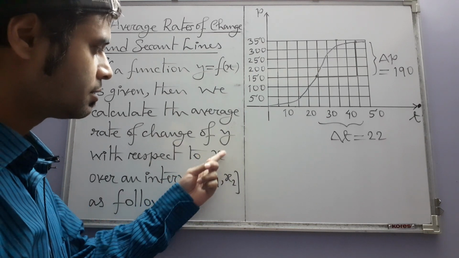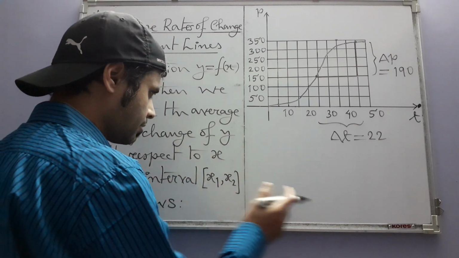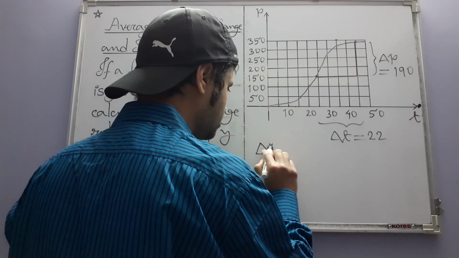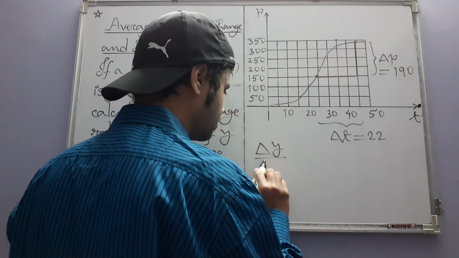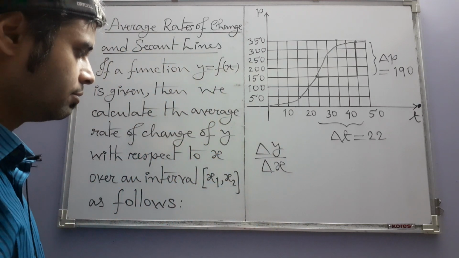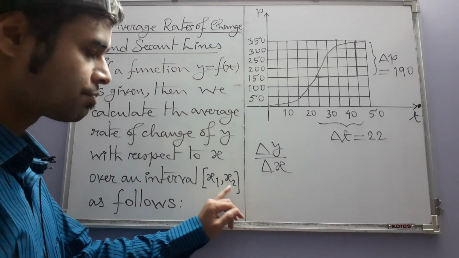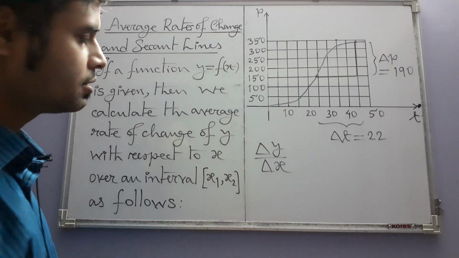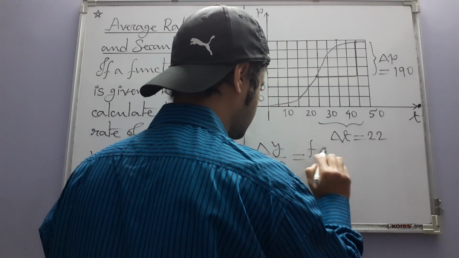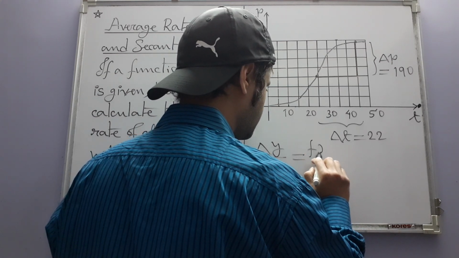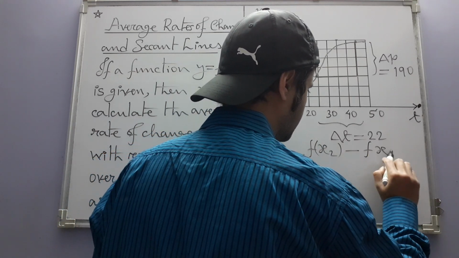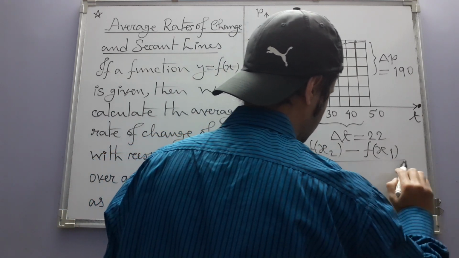Previously, we had distance depending on time, and the formula is of course this: change in the y value divided by the change in the x value as x varies from x1 to x2, that means in this interval, which is just simply this: f of x2 minus f of x1 divided by